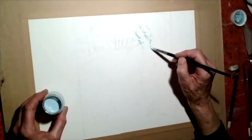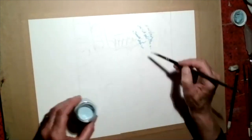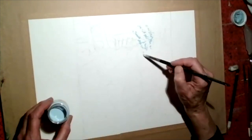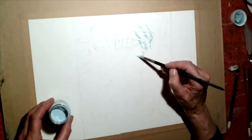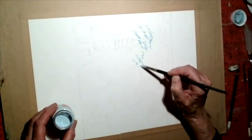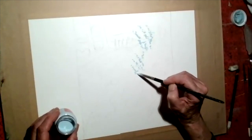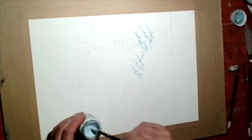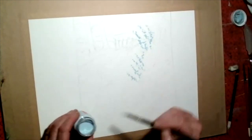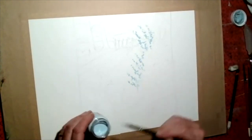So I quite like these little brushes, these rubber brushes. You can roll around on the tip and create quite nice, delicate marks with the tip of them. So my eye is flickering back and forth between the image, the photograph that I've got on my laptop here, and the painting,